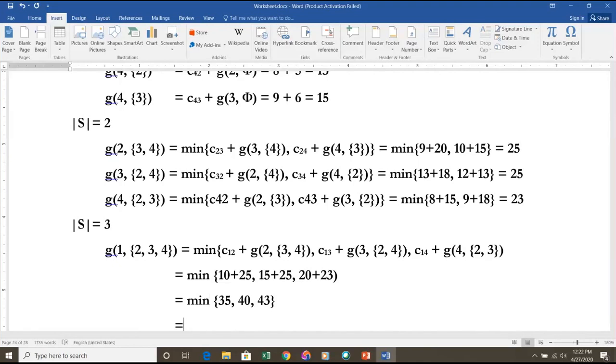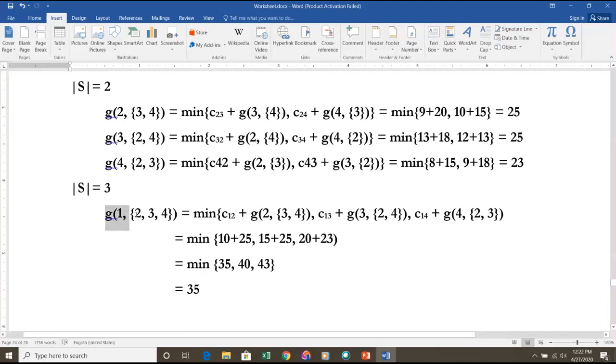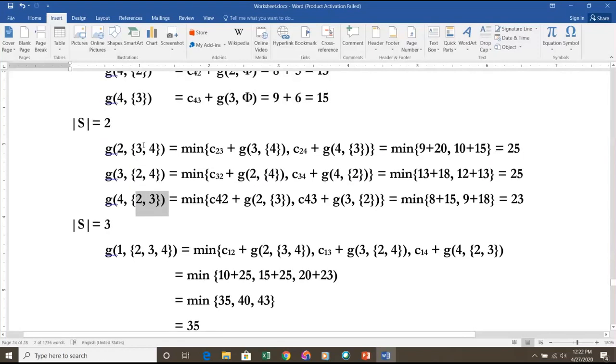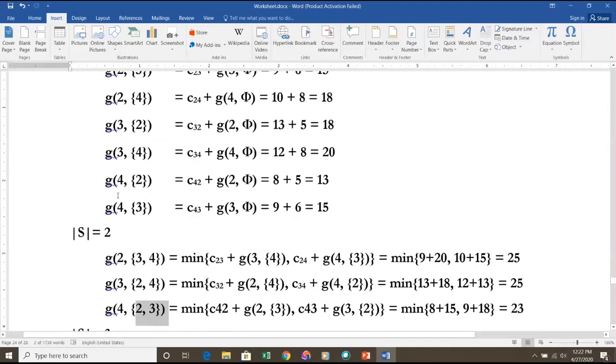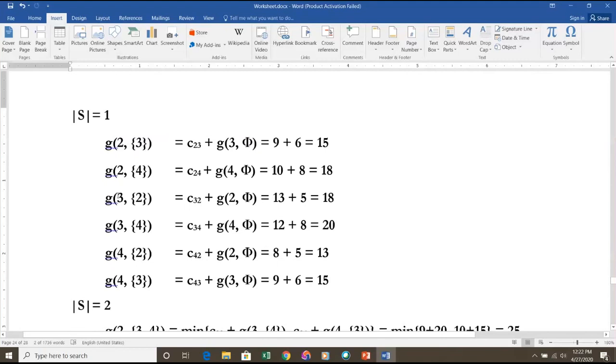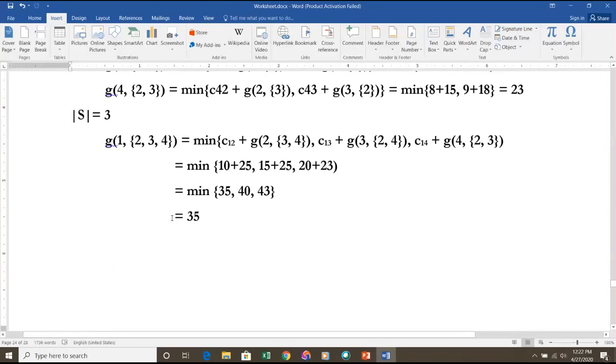Okay, now this is the final result. It is G of 1, going through 2 or 3 or 4, any of these. So how do we calculate 2 or 3 or 4? By the previous example: 2 can take 3 or 4, 3 can take 2 or 4, 4 can take the path 2 to 3. So from the bottom up approach, we solved this problem. Now we have got the result, but we have to identify which is the path. How to get the path, I'll take the last 2 to 3 minutes.